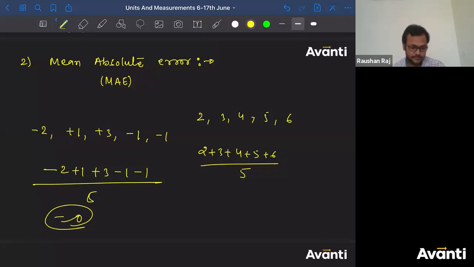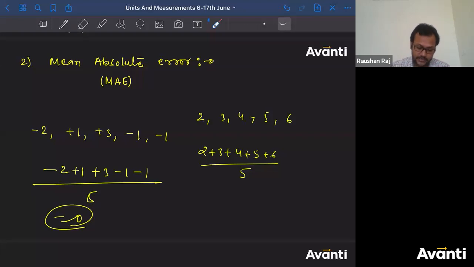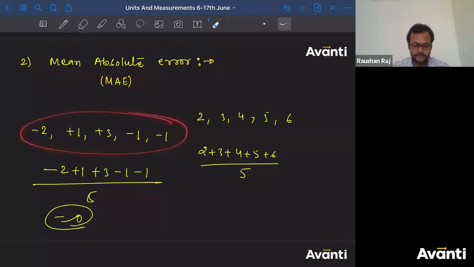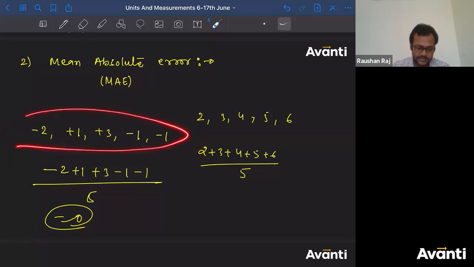You will like dance like anybody, anything. Tumhe lagega I got 0 value. If somebody represents mean absolute error, if somebody is going to announce that the error in this is mean absolute error, and if he takes the mean as this, if he adds all the errors and divides by number of errors, he is going to get 0. What does that mean? That means error in that measurement is 0. Is it possible ever? No. Did you find ever that error is 0 in any of the measurement? None of the measurement is having 0 error, but still you are getting mean error as 0.